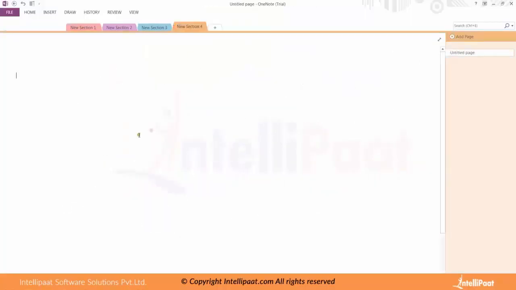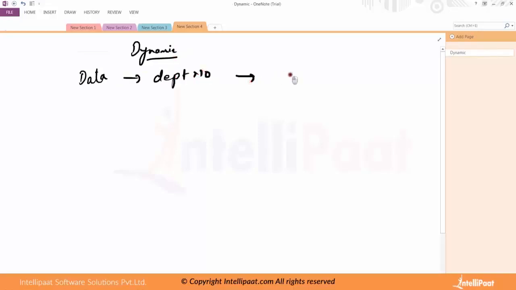So let's do this. We did a dynamic partition. We partitioned the data based on department number, and we knew the department numbers are quite few, just 5 departments. So I know that there could be at the most 5 partitions,